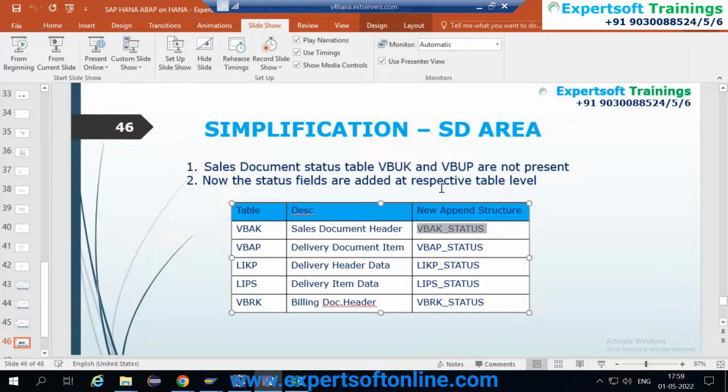This reduced two tables to only one table, VBAK, for the status. Similarly, in different tables they have made changes. VBAP also contains the VBAP status now, and LIKP status. So they have removed the status tables. This is in the sales area. In the finance area also, they have come with a table, ACDOCA. They have removed the cluster tables and all those tables to simplify the architecture.